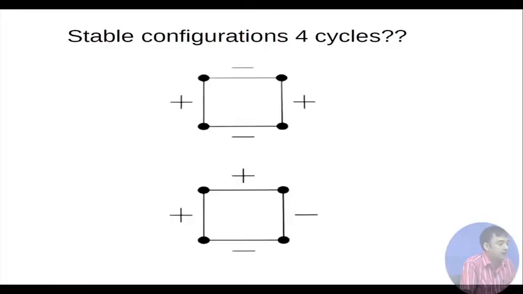So, now given these examples of triangles, we can also imagine cases of 4 cycles. Now, how should the signed graphs taking 4 nodes together look like? Okay. Some examples are here. So, some of the stable configurations are shown here. So, these are the 2 friends, each of which are enemies, or these are the 2 friends and then there are 2 enemies on the other side. So, these are some of the stable configurations that you observe here.